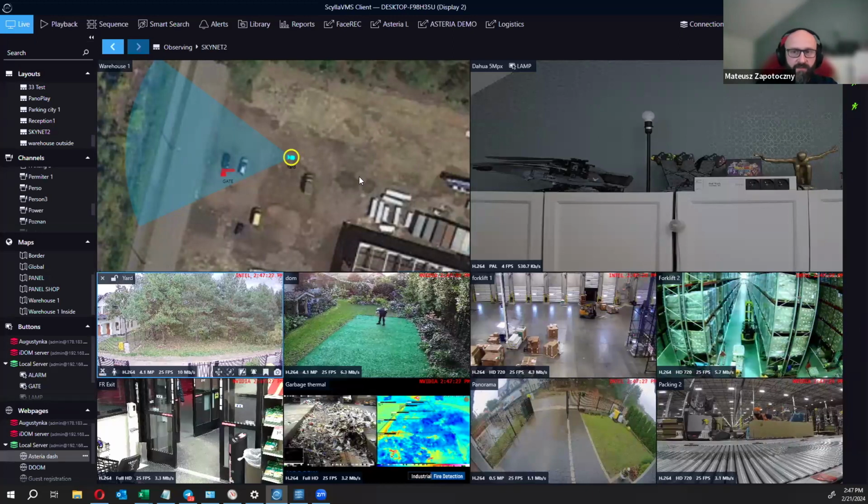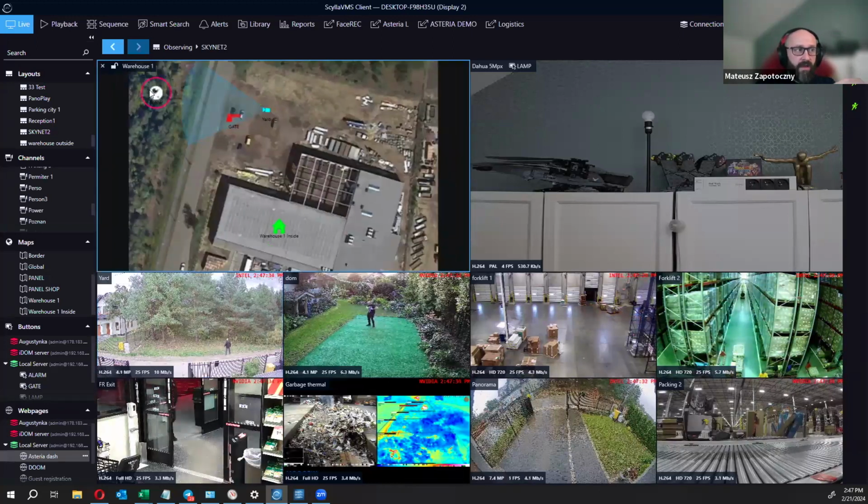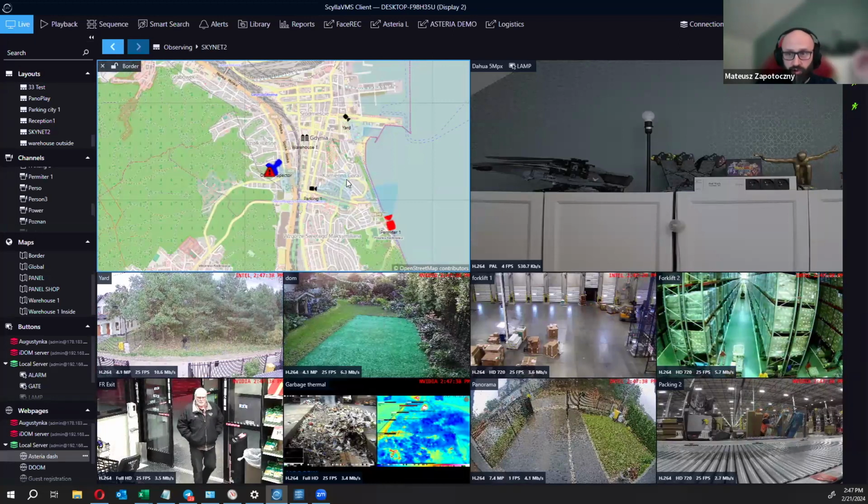So it needs to give the information for this operator that, look, there is something going on. The camera is in this spot. Take a look at this one. What else? We can also implement, we can also use